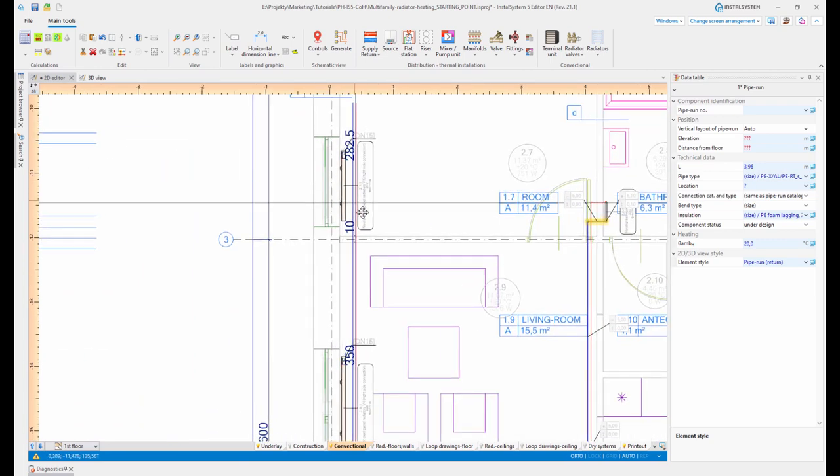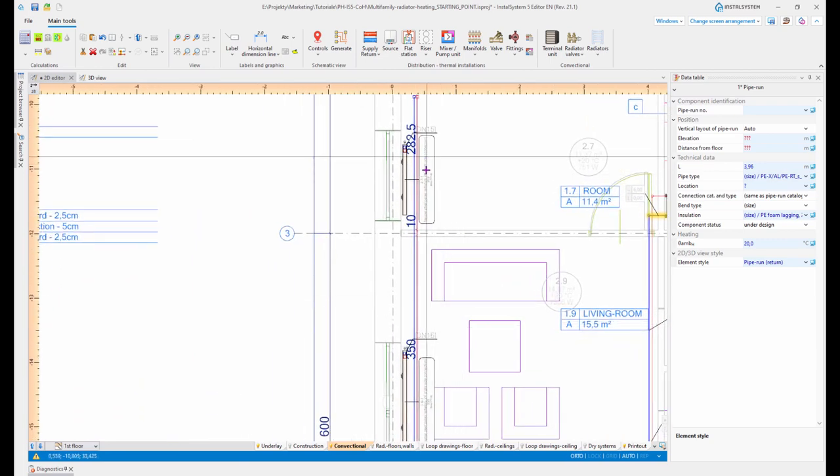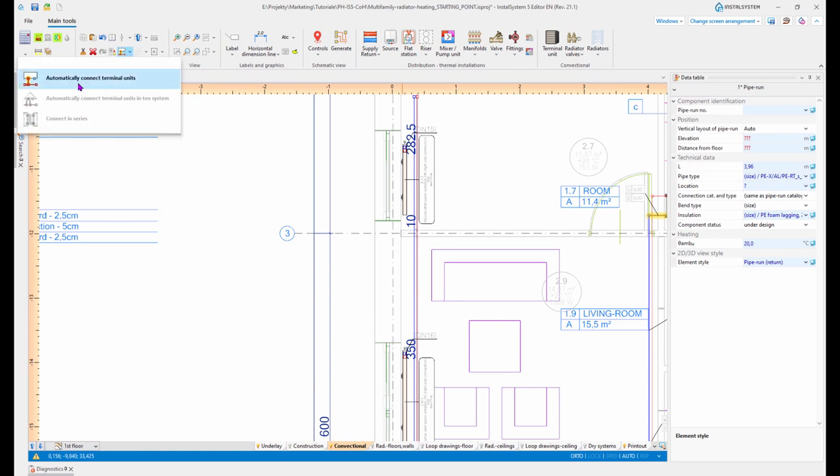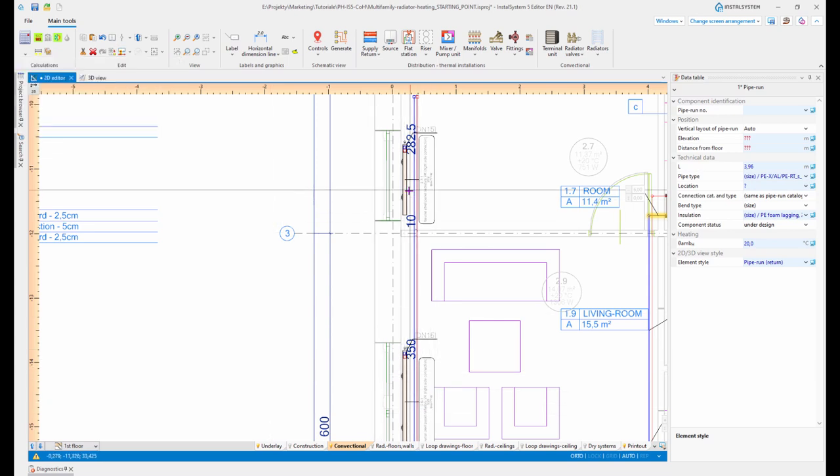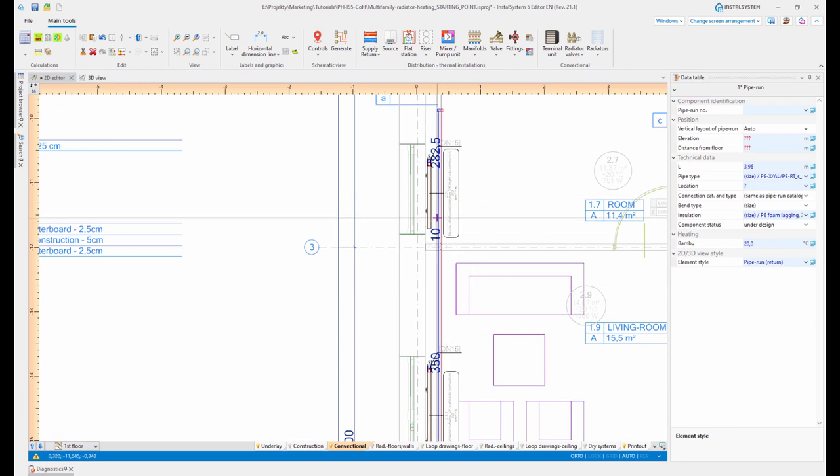And as you can see, these two radiators on the left side are not connected. We will use one of the functions that automatically connects radiators to the pipes. It's available right here: Automatically connect terminal units. To use this function, we need to select these two radiators and the pipes to which these radiators should be